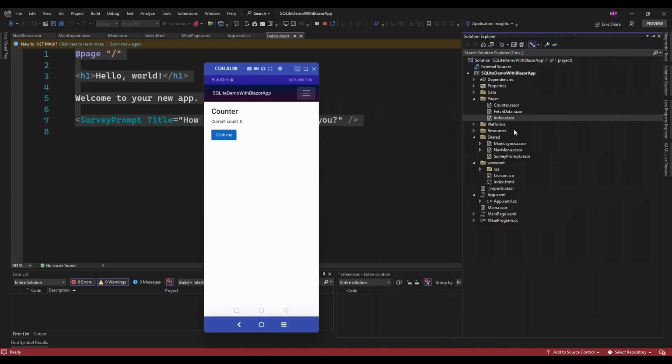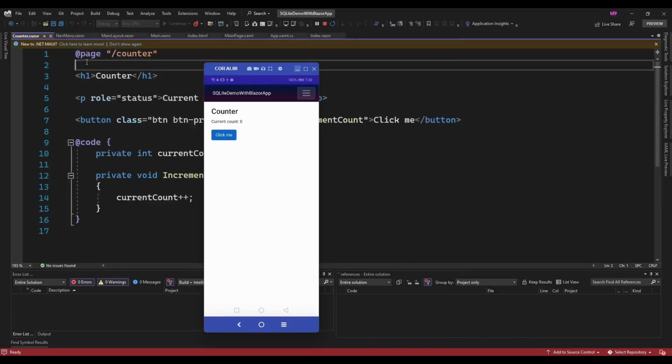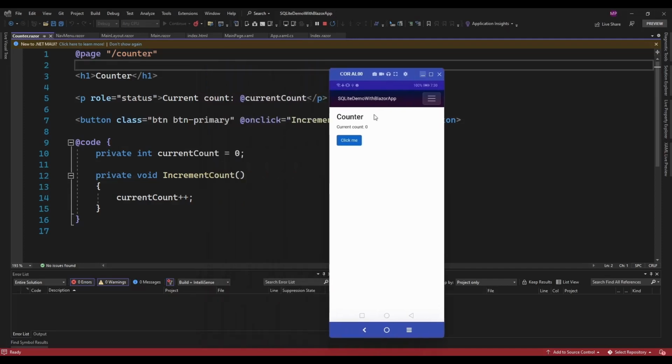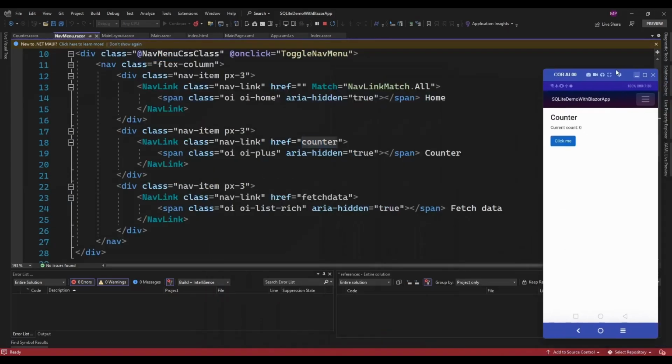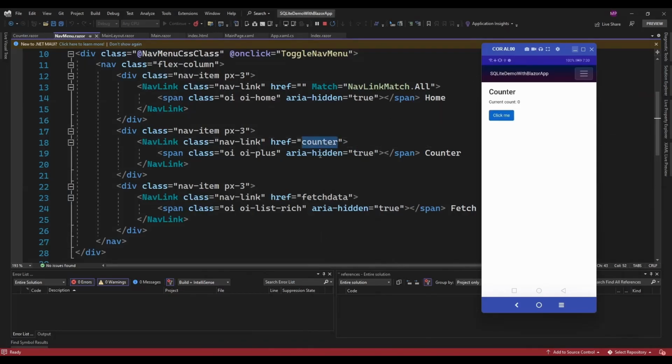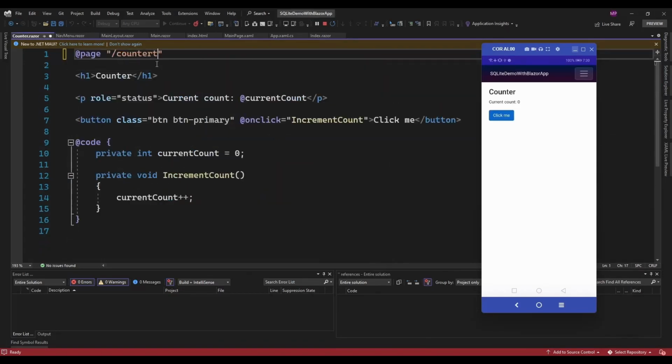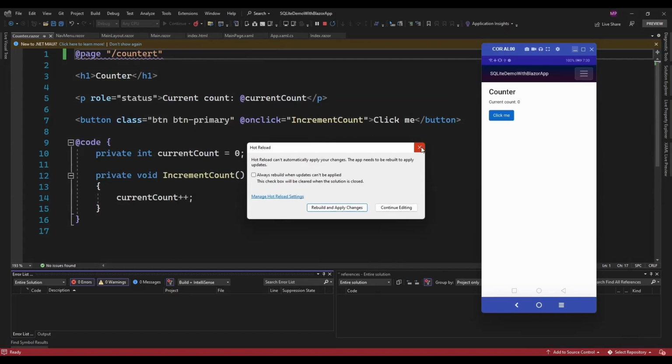In the page directive, it's defined as slash counter. Whatever routing you define here is what opens from the navigation menu, because the href is pointing to counter. So if I change this to something else and rerun the app,